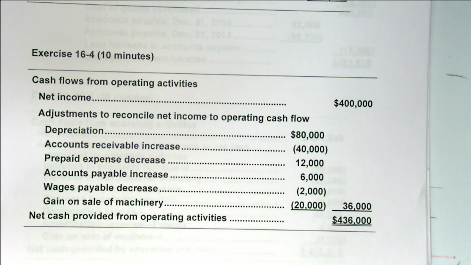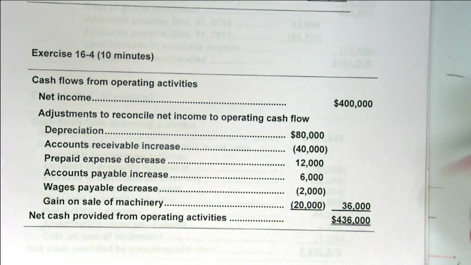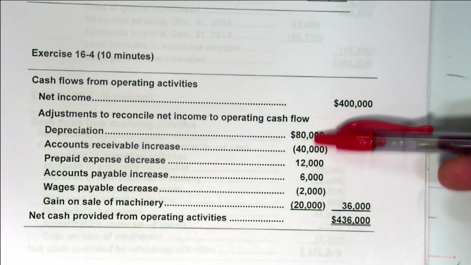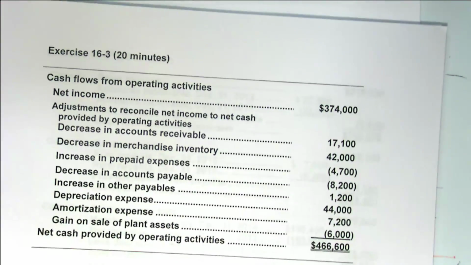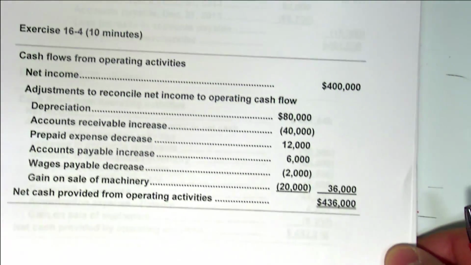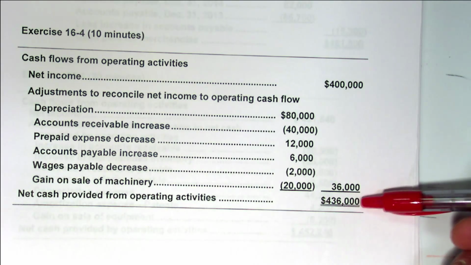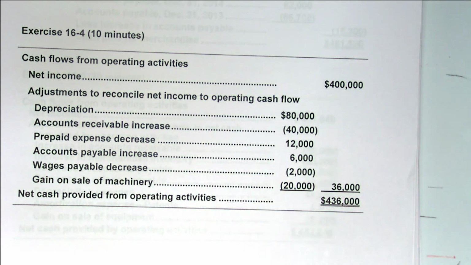All right? Okay, exercise 16.4, I think, is right below. Now, they show a little different format here. They have the net income here, then they have the adjustments. They do a subtotal and add that to the net income. I usually do it more like the way they did it up here. Either way, I don't care. And on the test, I'm only going to be judging to see if you have this number right here. Okay? And then they did theirs in a little different order as far as what sequence they handled the items in. Okay? Any questions on exercise 16.4, folks?